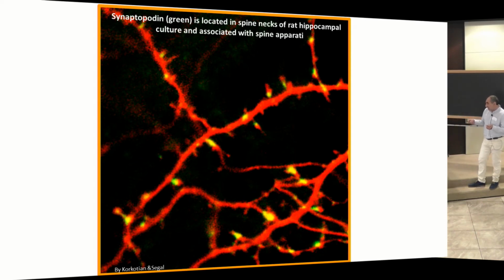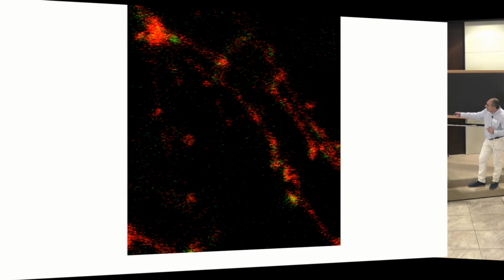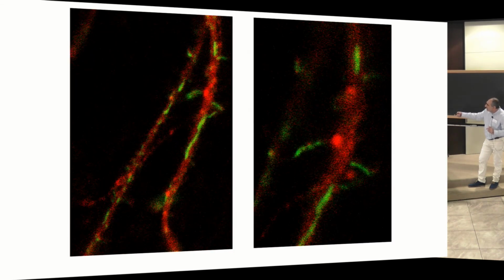And the answer is perhaps yes. This is also completely preliminary, never published anywhere, but you can see this nice colocalization, not complete colocalization, but green is spine apparatus or calcium store, red is ORI. No morphology signal here, so you don't see how big the spine is, but you can see that they are colocalized in some cases, and maybe here. Actually, this is a movie, but it doesn't matter. I will skip it.